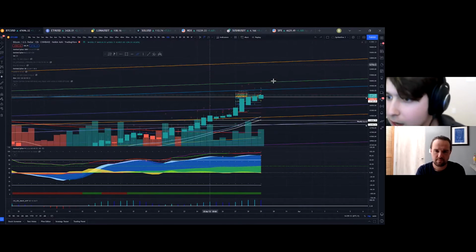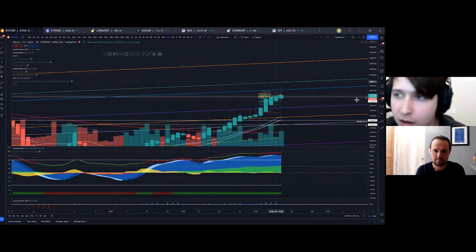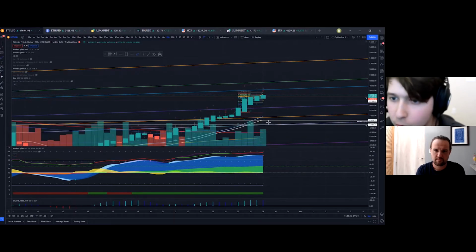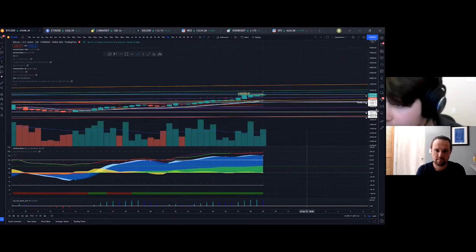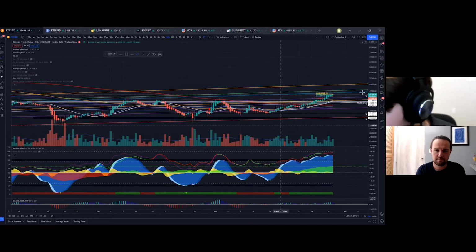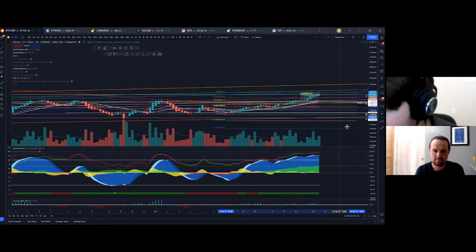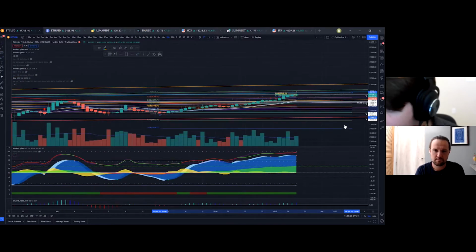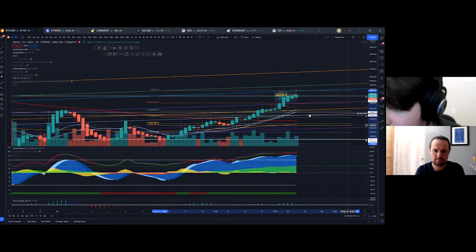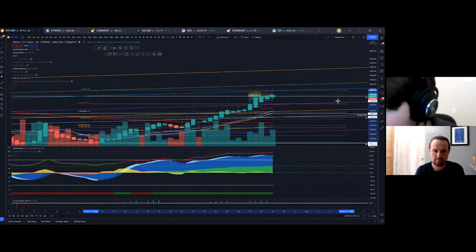So yeah, man, I think you're right. I think that on a macro time frame, we do need to cool off a little bit from here. If we did make that push up to 48.8 and then came back to cool off, the golden pocket would actually be really close to the spider line at 41.1. I think we could come there. I think more likely is that we come back to this weekly level right here.